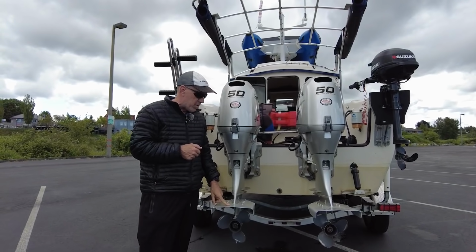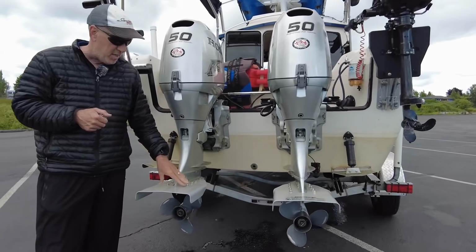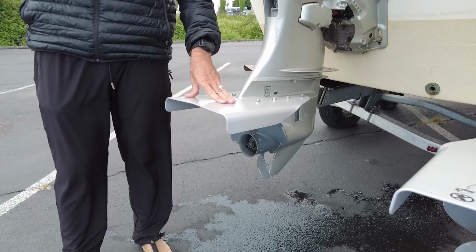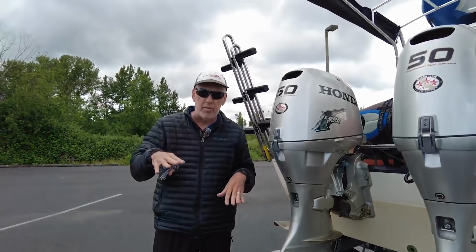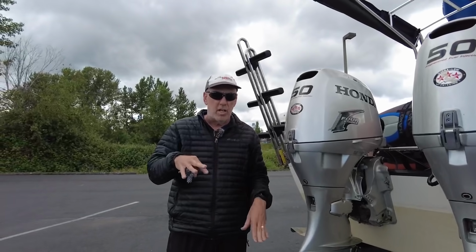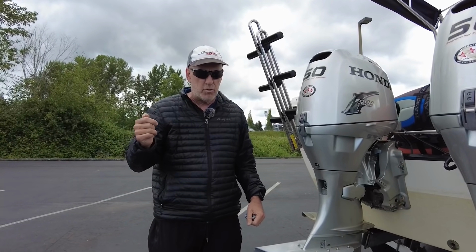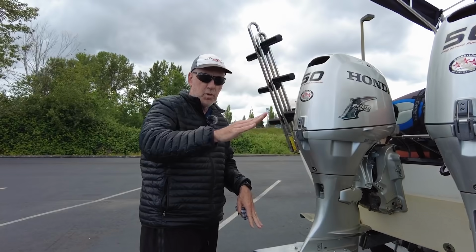These are called perma-trim. So these are attached to the stock engine. And what this does, it allows me to trim the boat. So the bow down, the bow up, depending on the waves, if it's choppy, a lot of different conditions. So I can just sit and tilt and trim it with the engines to get the proper trim of the